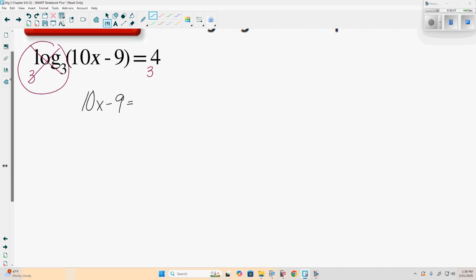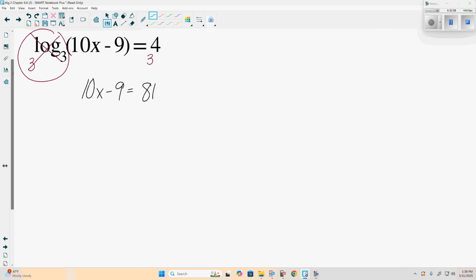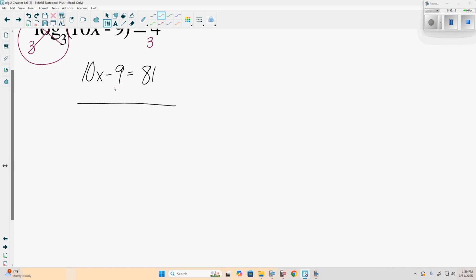3 to the 4th power, 3 to the 4th. Is that going to reduce nicely? Yeah, 3 to the 4th is 81. 3 times 3 is 9. 9 times 9, 81. All right, what do we need to do next to solve for x? Add 9 to both sides. Telling 10x is equal to,